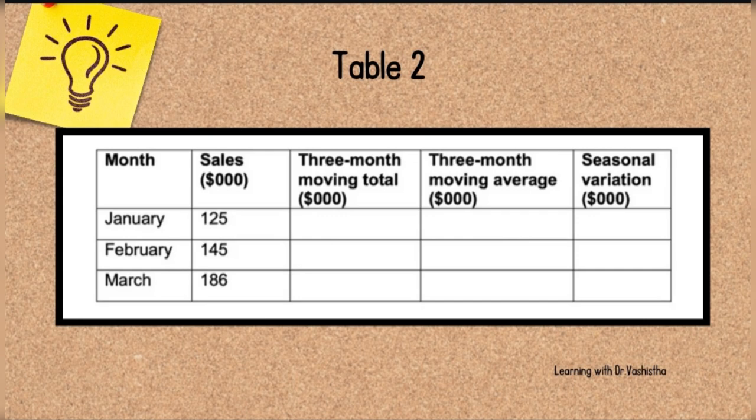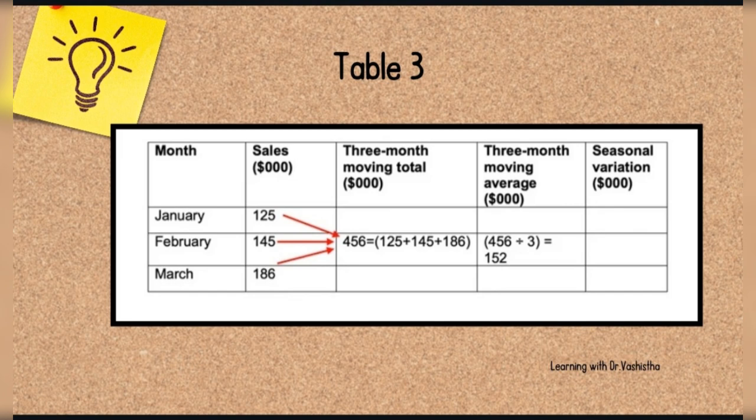So now that the data has been tabulated, I'll show step by step how further we have to move on. We'll create another table with 5 columns, as you can see in the slide here, and we'll list the data items given in columns 1 and 2. The first 3 rows from the data given in the table in the last slide have been input in this table. So now that we are done with step 1, in step 2 we'll calculate the 3-month